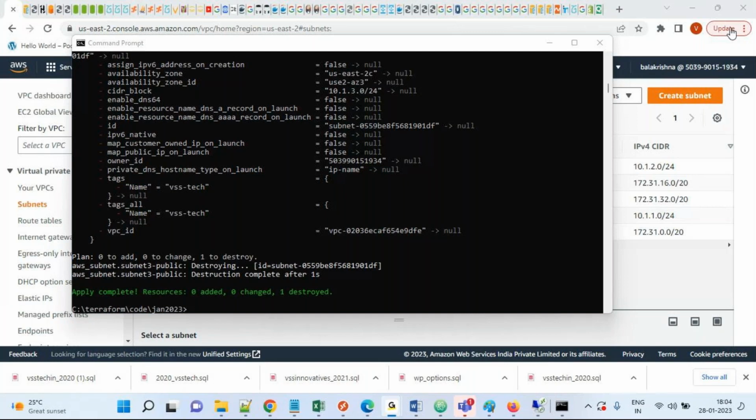Now earlier we had done the VPC steps: VPC, internet gateway, subnet, routing tables. These are the things we have done. So now I will go to your favorite AWS service, that is